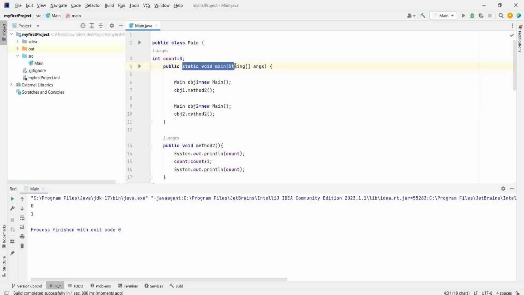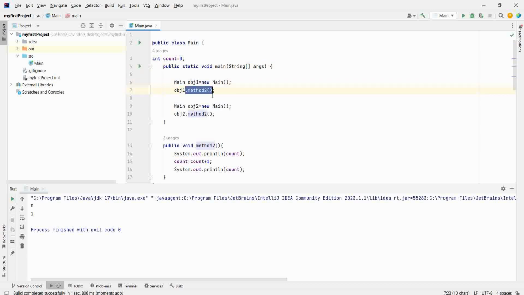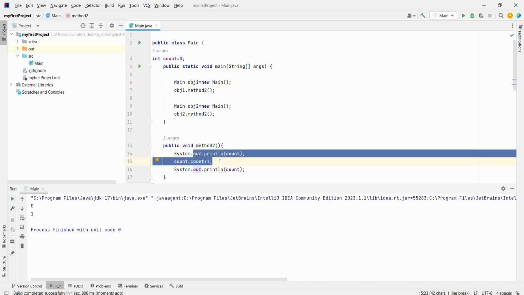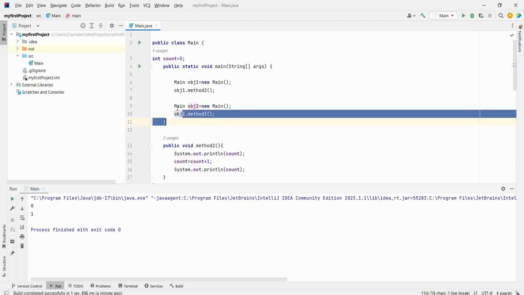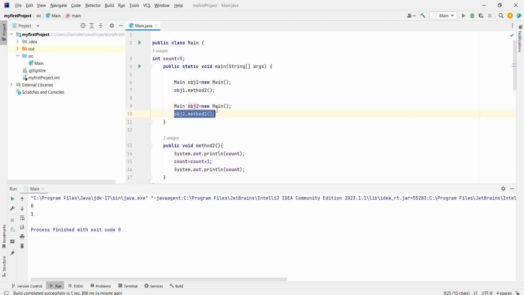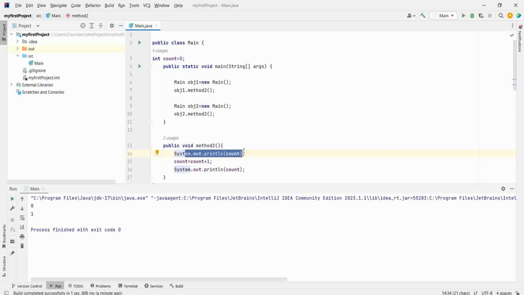First we will go to void main, then this will get called, then here count will be 0, so 0 will be printed, then count will be 1, and 1 will be printed. Then we will go to the next line, and it will call this method. Now we will come over here. Now this is called from another object in which count is still 0. So again 0 will be printed, then count will be 1, then again 1 will be printed, which means 0 1, then 0 1. Let's run this.